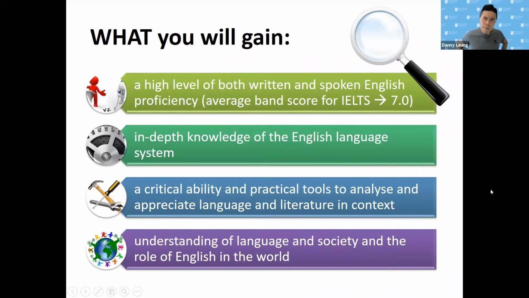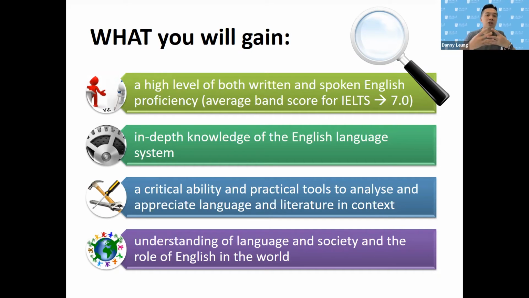Right, so basically you may actually query what you're going to study in these two programs. So I would have to say, for these two programs, definitely the very first keyword is English. How are you going to study English? Or how are you going to major in English? Or how is studying English as your major program in the university setting actually different from how you have been studying English for such a long time, starting from your primary school to secondary school, because I'm sure that everybody here has been studying English for a long, long time, more than a decade.